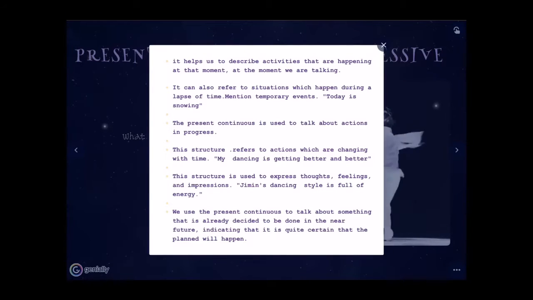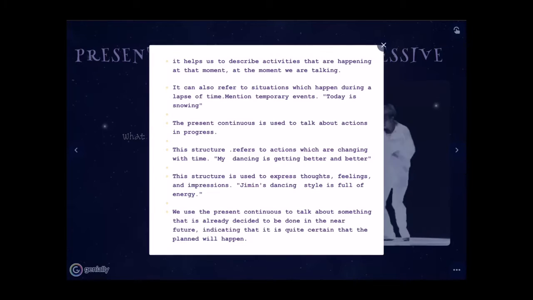Another use is to talk about future plans and actions that are happening right now at this moment, and also actions that